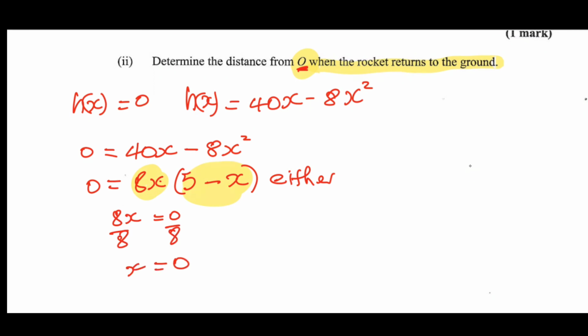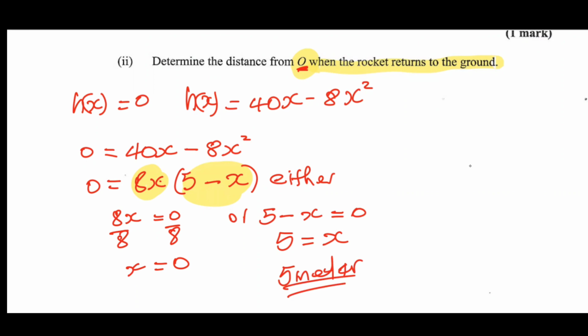X is 0. That's one solution when it is at the ground. Or 5 minus x is 0. If you solve this by getting the x over there, x is 5. So we're talking about 5 meters is the next time when it returns, right? So it started here. This is where it started at 0. And then when it returned,